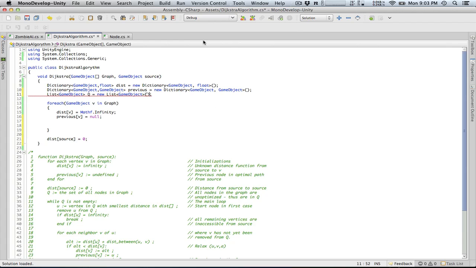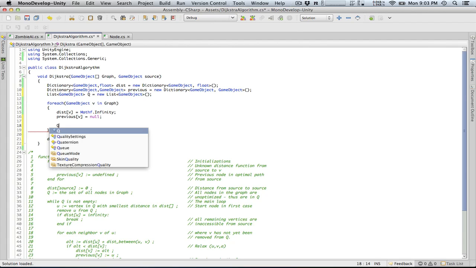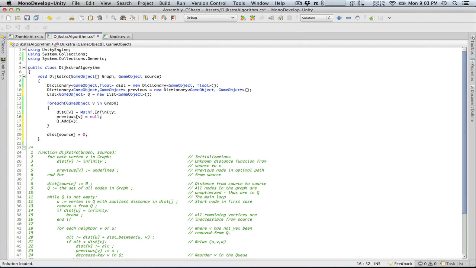And we need to put these, otherwise it will complain at us, because this is actually a creation function here. It just looks really awkward to have those next to each other, but that's how it works. The carets next to the... So now we're just going to add to Q, Q.add v. It looks a little different now than the code before, but this basically sets up this incredibly loaded